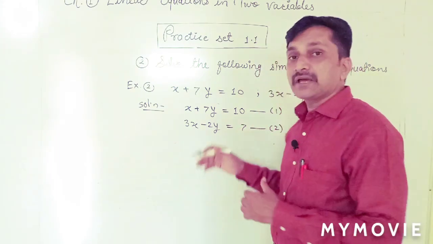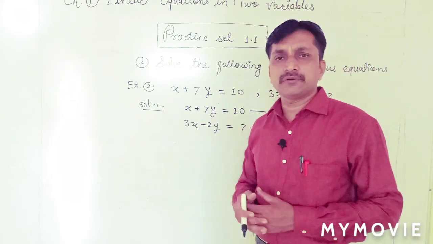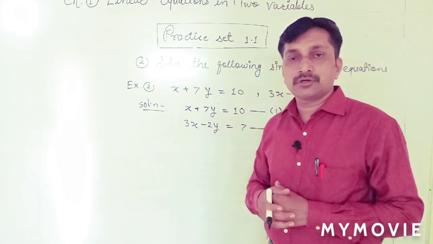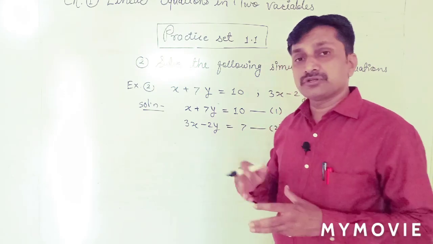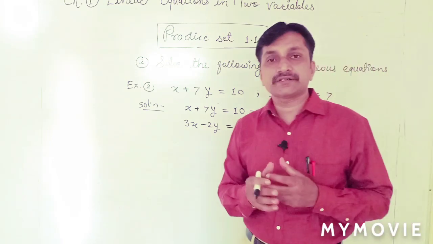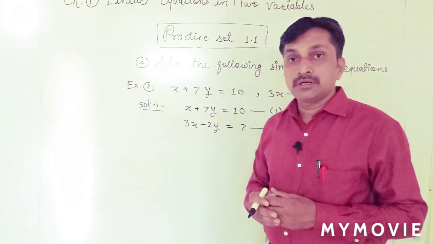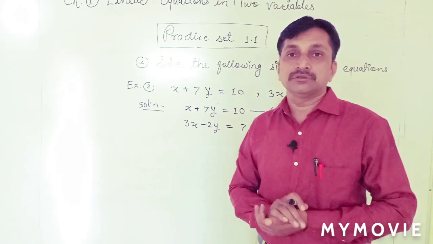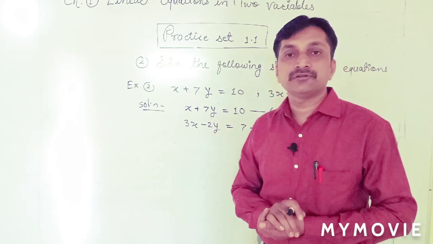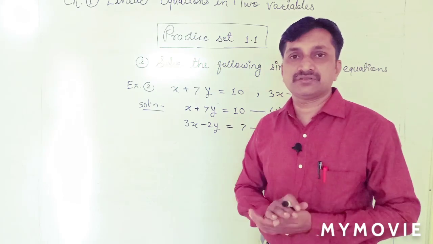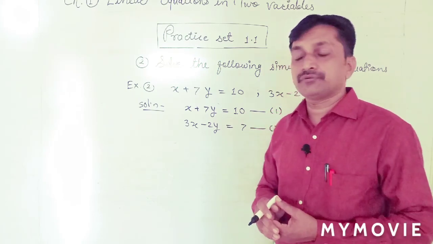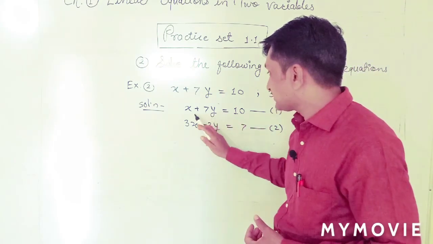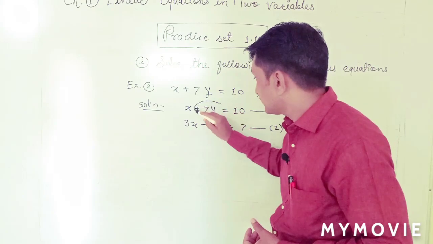Now which variable can we equate? We can equate any variable. We can equate x or y. That is our wish, our choice. But generally, which variable can we select for elimination? The variables having opposite signs we select for elimination, because that is easy for addition. No need to change the signs. Direct addition we can do. Therefore, select the variables with opposite sign, and here opposite signs are of variable y.